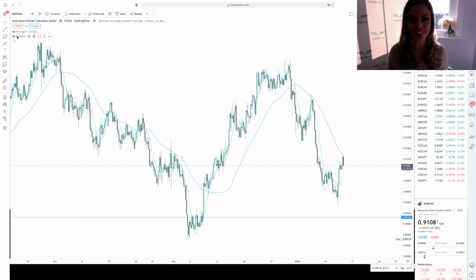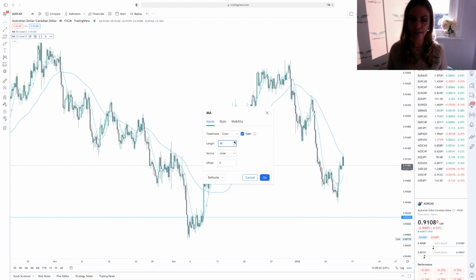You'll want to adjust it because 9 is quite a small number. You adjust it by going in here to settings, and then you can adjust the length. So this will be the average closing price of the last 10 candles. Sorry, now it's gone to 2, which is really low. But you can see as you move the number up, the line moves further away from the candles,